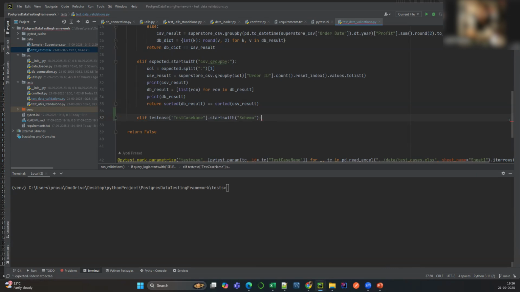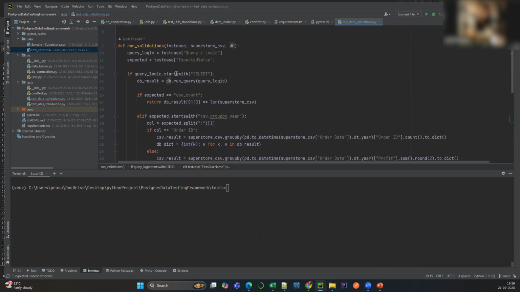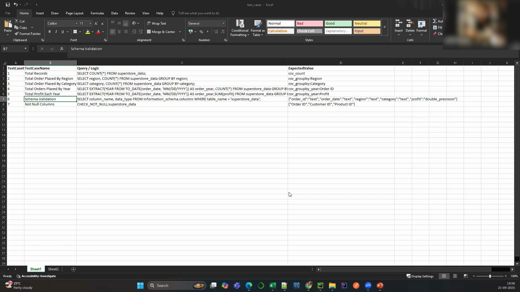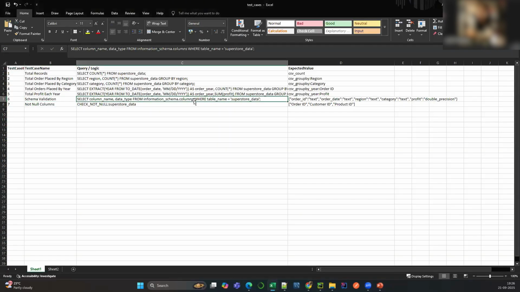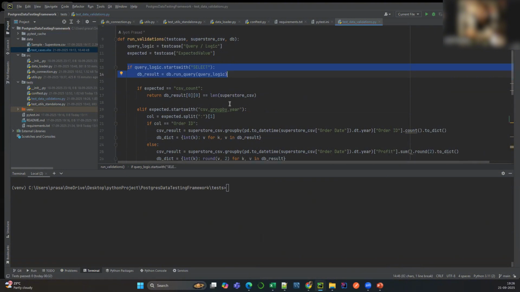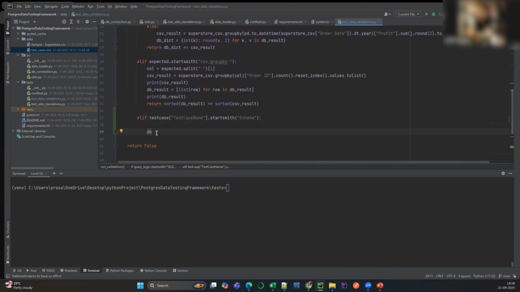Okay, and then what we will do is now we will convert our DB result into a dictionary. Now this particular line is going to execute the query that we have written in this test case. So this particular query is going to be executed there. So we will get again our list of tuples, right? So we need to convert that into a dictionary. So how we need to do it is we will just put DB schema, or yeah, anything, DB schema. Okay, and then put it as,